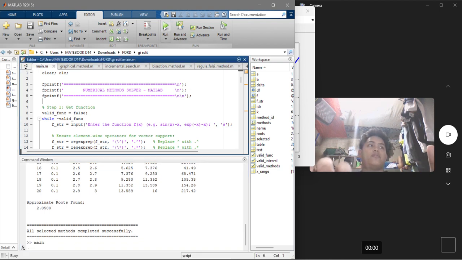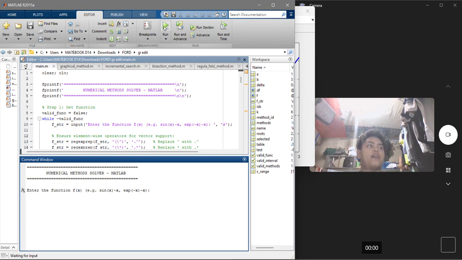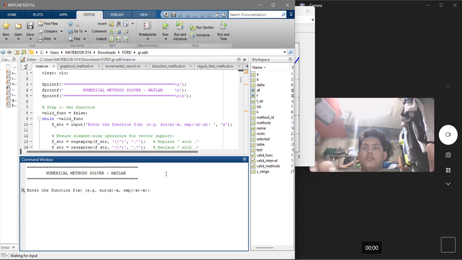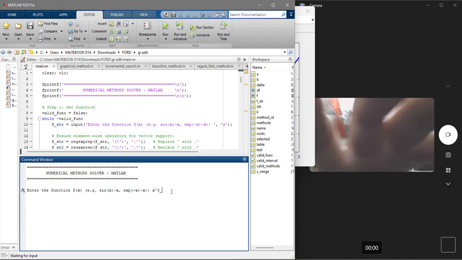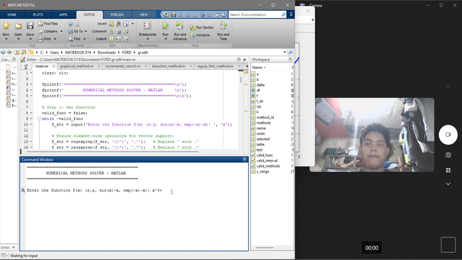Next, we have the bisection method. The bisection method halves the interval until it narrows in on the root with the desired accuracy. Let's put a function of x squared plus 4 minus 10.